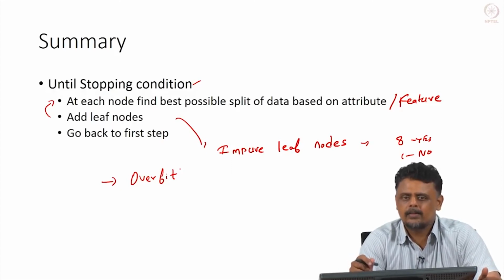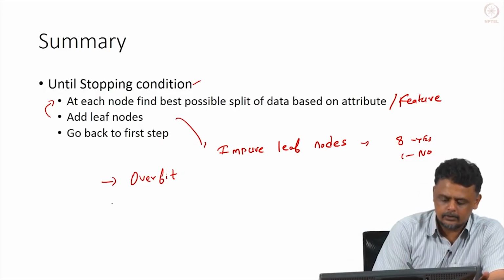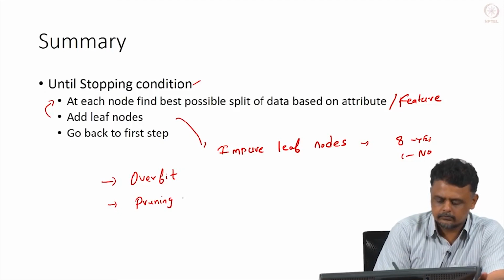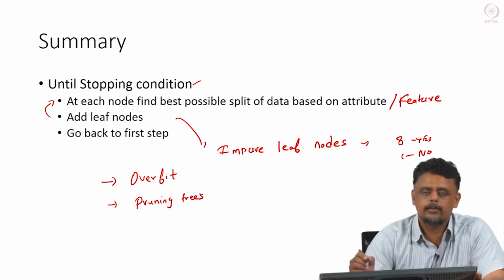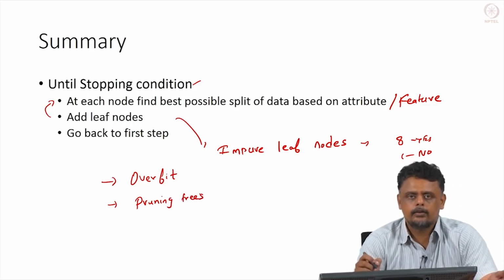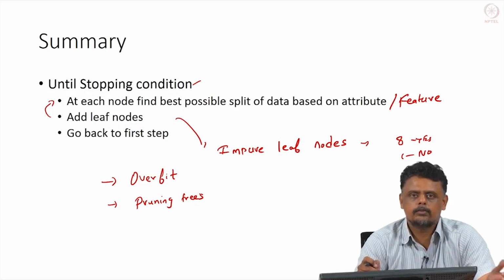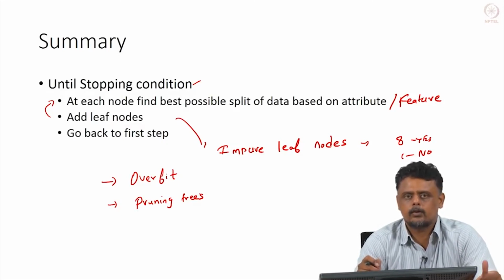To prevent that, there are methods called pruning trees. Once you have finished growing a tree using the algorithm, you go back and see if you could have stopped earlier, and then you throw away some of the leaf nodes, so you cut down on the height of the tree. That is a possibility as far as binary decision trees are concerned in general.